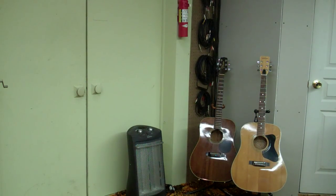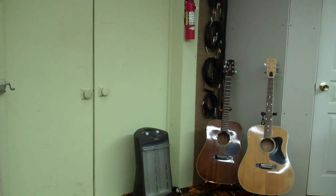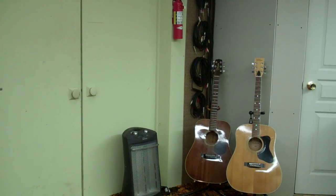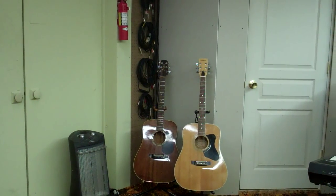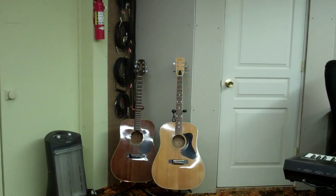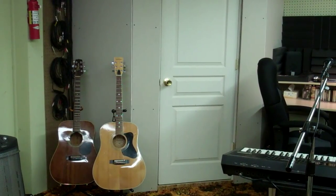Well, okay, here is my attempt at trying to make a smooth kind of virtual tour of my studio. I didn't script this, so I don't know what I'm going to say about it, but as you come in, there's the doors, and to the right of the doors is where I hang all my cords and stash a couple of guitars. Right behind there is the soundproof room, which I'll take you on a tour of, and then we're moving to